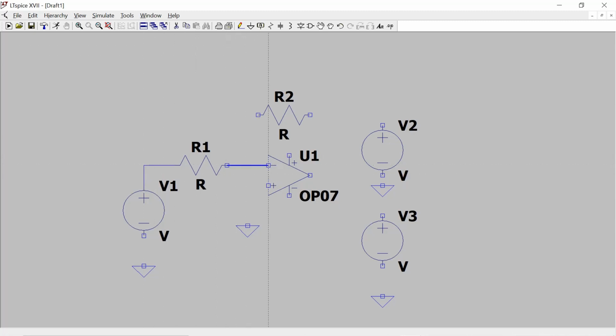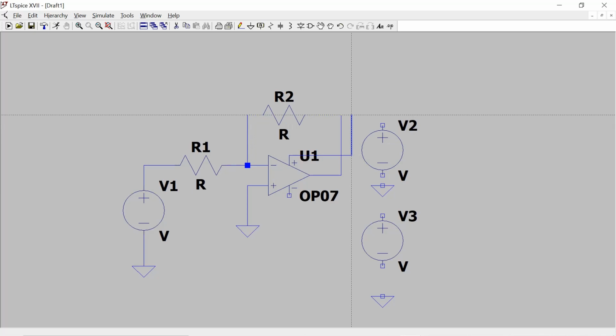Here all the things have to be grounded. Ground connection is important. If you don't ground, the circuit will be open and you won't get output.